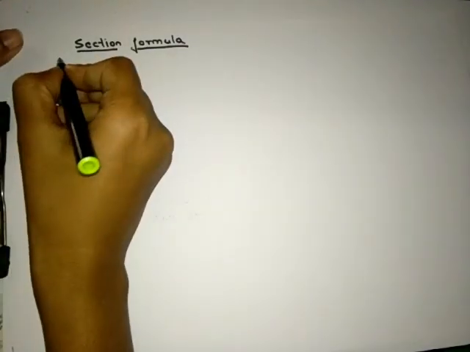In today's class we are going to discuss the section formula. Before we start, let us recall what we have learnt in the previous video. We have learnt how to find the distance between two points using the distance formula, isn't it? And in the section formula there are two types of formulas. One is the internal division formula and another one is the external division formula. Okay, we'll see what those formulas are, but for your syllabus you will only have the internal division formula.